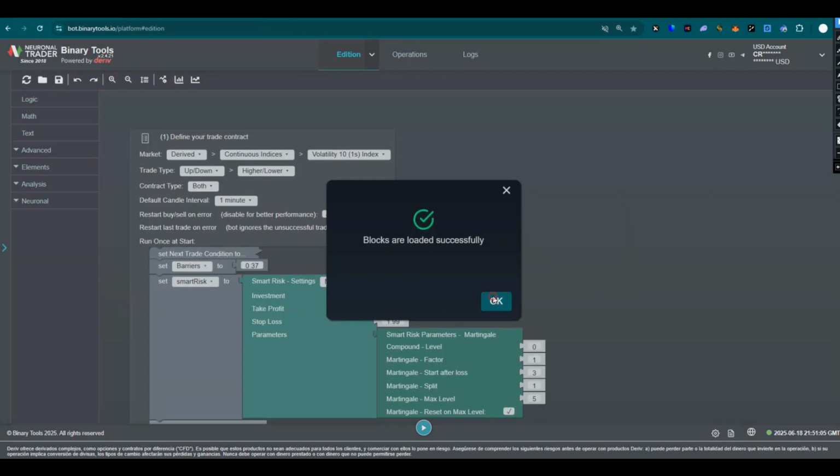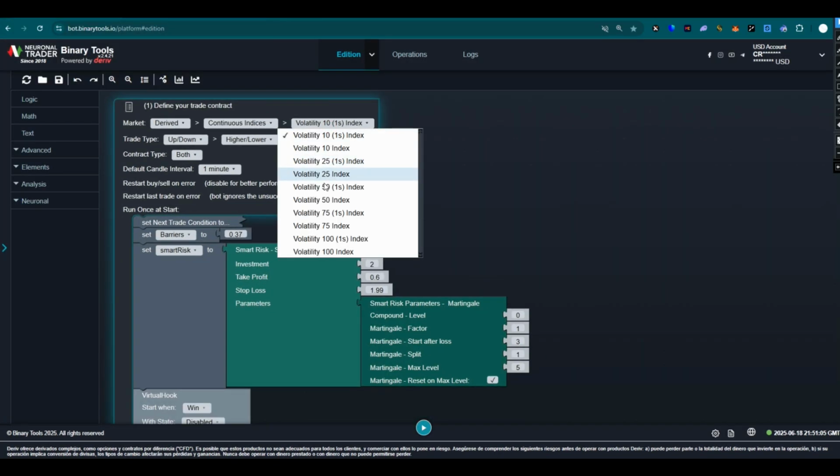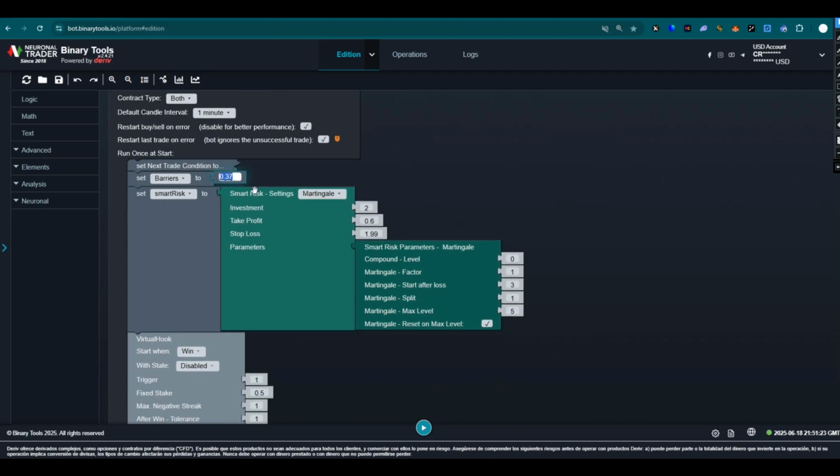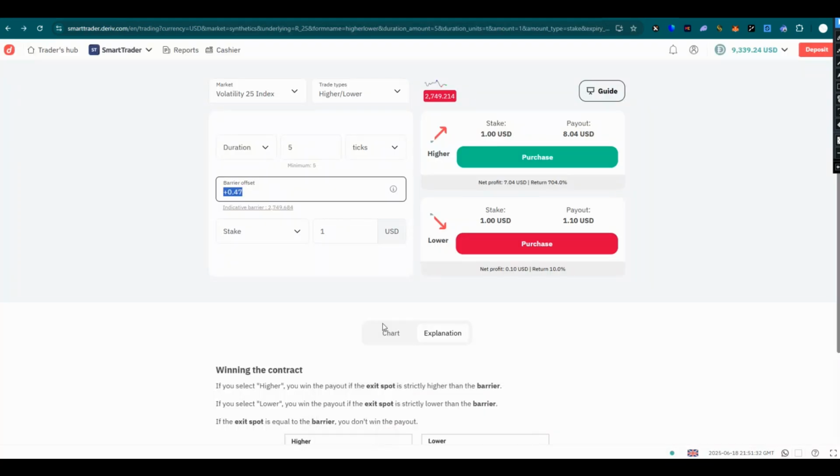I'm going to change the volatility. I just want to use volatility 25, trading highs and lows. The barriers, I'm going to use 0.47. These barriers you will be able to find in the Live Smart Trader, in the Live broker website here. So you can choose the volatility, you can put highs and lows, and then put the ticks, put the